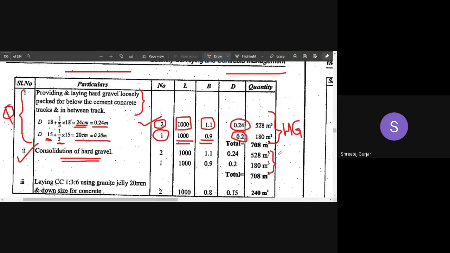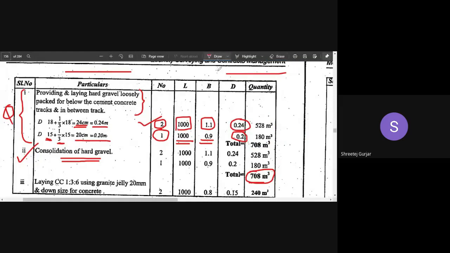Okay, so they'll ask you how much meter cube of your material is to be compacted. They will ask, so you have to calculate separately and tell. It is nothing but the same thing. It may be different, but in this numerical, it is the same. In any other real life situation, it may be different.